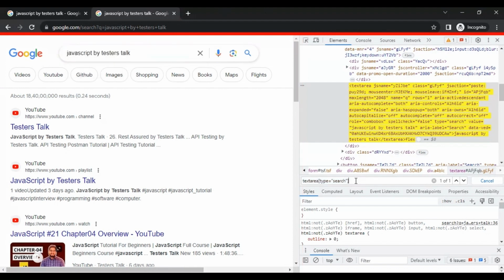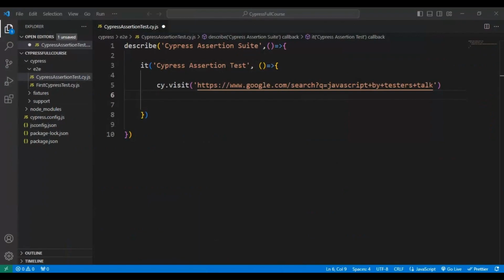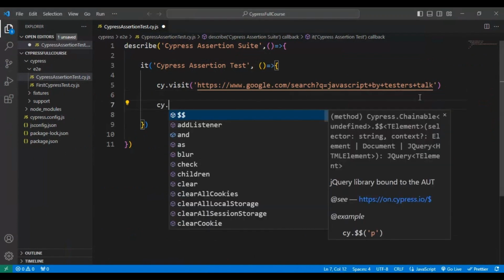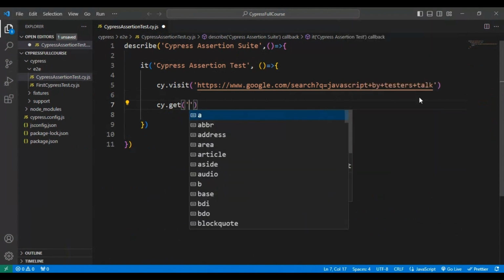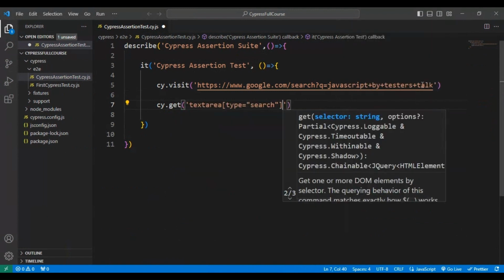So simply take this CSS selector, then I will go to the VS Code, and here I will use the cy.get. Inside the get, we will add the CSS selector, and then